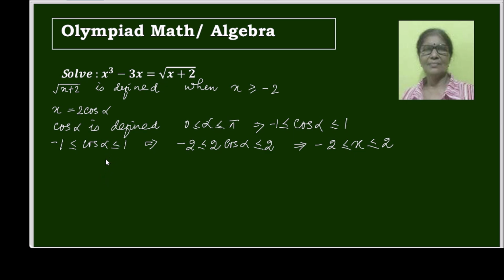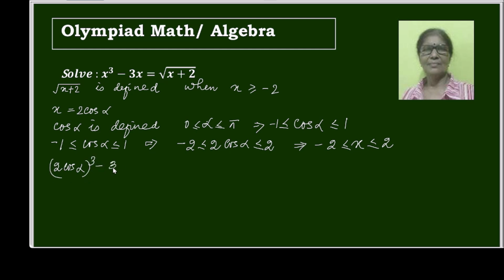So within this range we are trying to solve. And what happens when it is greater than 2, we will consider, and it cannot be less than -2, we have already spoken here. Now replacing x with the trigonometric function, I'll get (2 cos alpha) whole cube